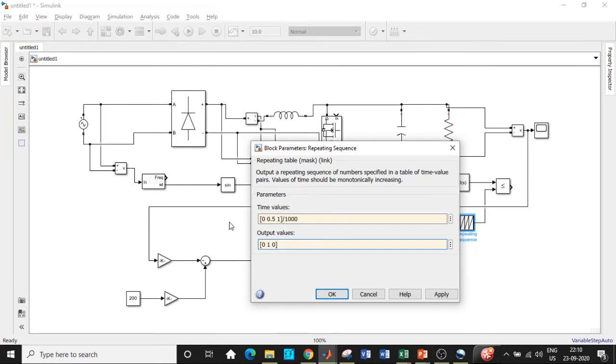And what is the time value? So the time values, if you observe, x-axis is with respect to time. It starts from 0, goes to a maximum value. At maximum value it will be T by 2. If you drop the cursor down, it will be T by 2. Again it goes on decreasing. At some point it will be greater than T by 2, isn't it? I am assuming that value to be equal to 1 divided by 1000. So T by 2, if the time period is in milliseconds, I am converting it to the value that is suitable to this circuit, and that is why it is divided by 1000.